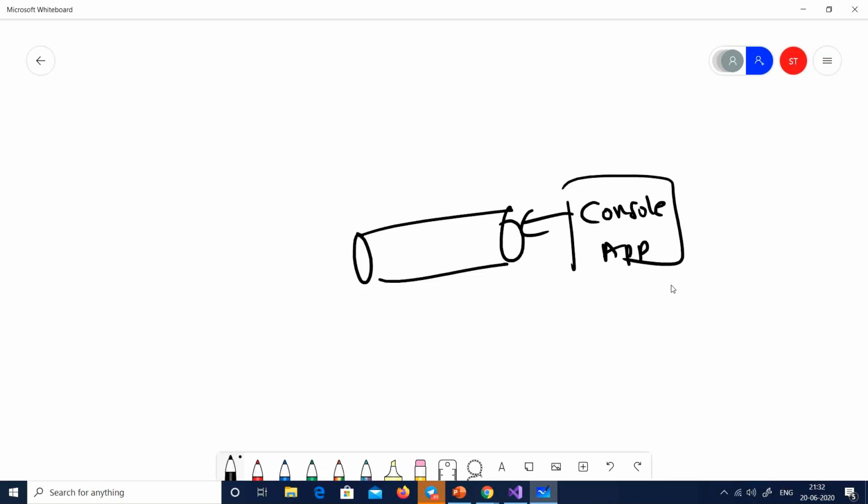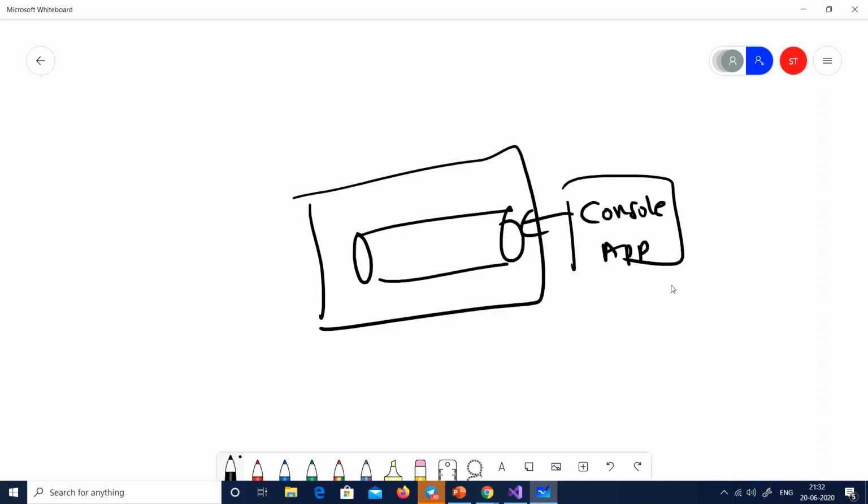Well, I shouldn't always draw a queue. I should say there is an Azure Service Bus, and inside that there is a queue. So it's making a call to the queue. Now, the next thing is from this queue, I should be able to go and make a call to the